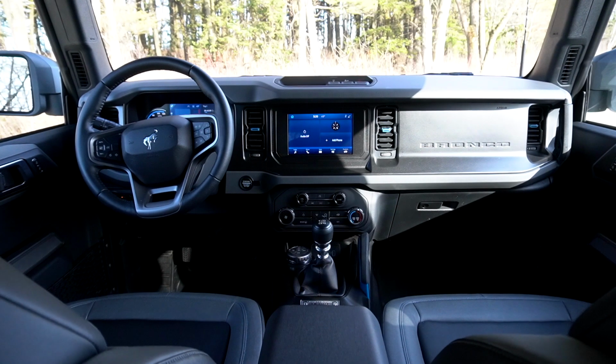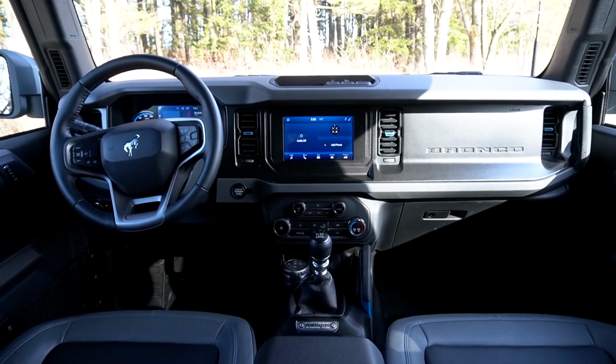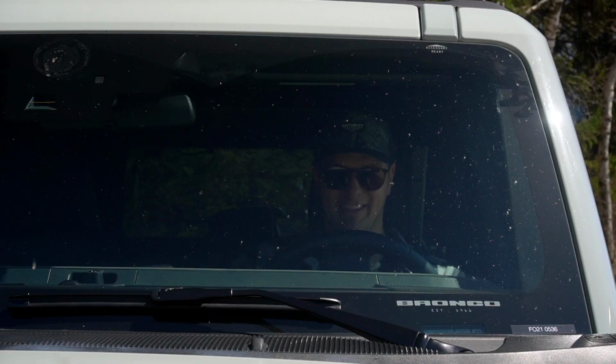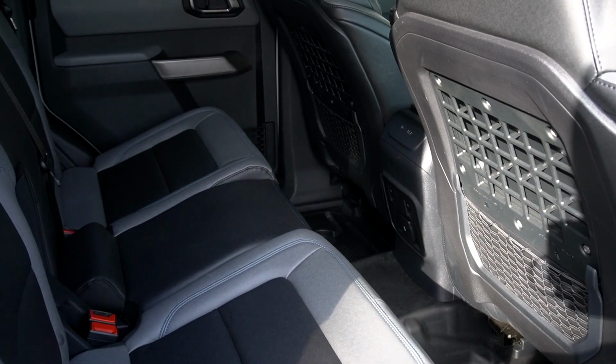And then under your head unit, you have physical HVAC controls, which is great to see. They are not dual zone, they are not automatic for climate controls, but they work pretty well. You don't have heated seats, but you sit in this vinyl seat long enough and you're not worried about that anymore. Then as we start to talk about the things that are happening behind the front seat, behind the driver,